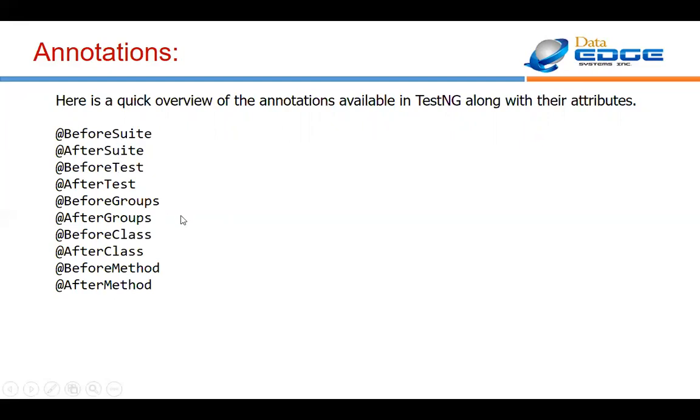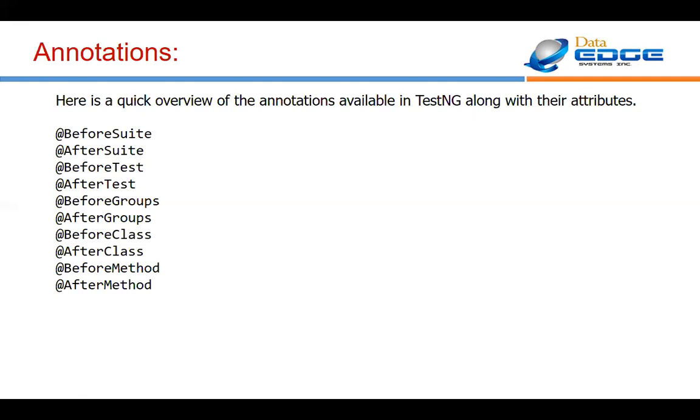Which one is common to you? BeforeClass and AfterClass are present in JUnit also. Now in JUnit we had @Before and @After. The same are present in TestNG with the names BeforeMethod and AfterMethod. We have some more, that is BeforeTest, AfterTest, BeforeSuite, AfterSuite, and BeforeGroups, like that. So we will start with the basic one, the @Test annotation. We will have some AfterMethod and BeforeMethod also.